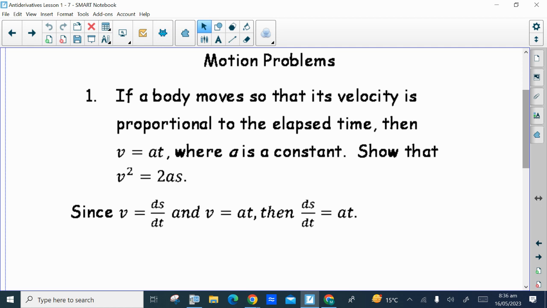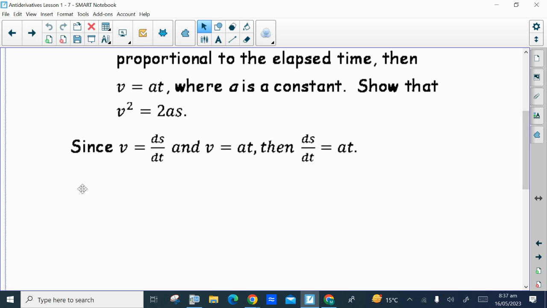And we learned before that velocity is the rate of change of distance with respect to time, or displacement with respect to time. So velocity is ds by dt. We're told above that v equals a times t. So instead of v equals ds by dt, ds by dt equals a times t. So to find s, it would be the antiderivative of ds by dt. So s will equal,